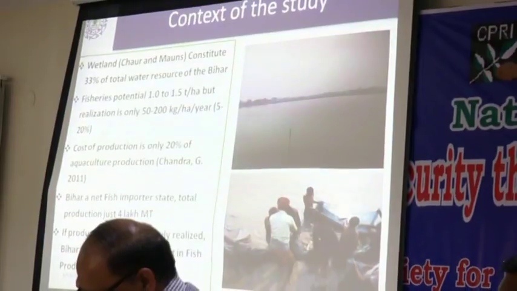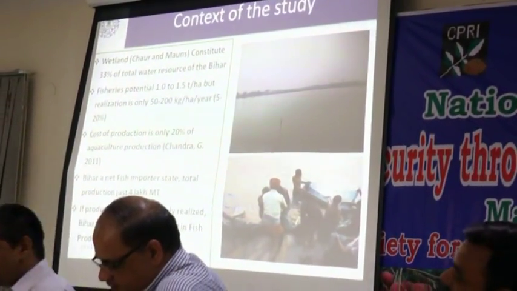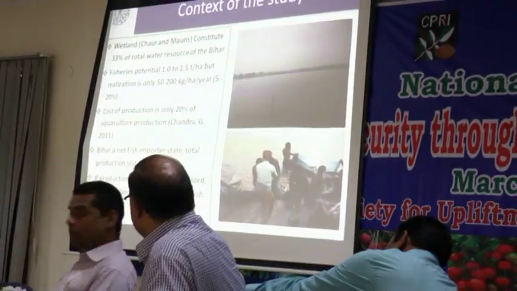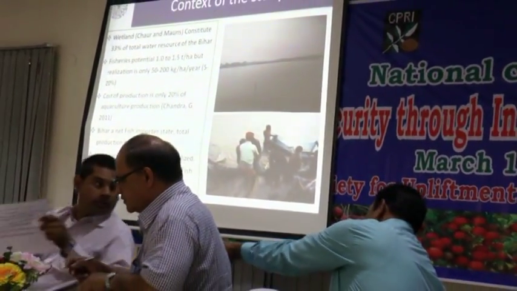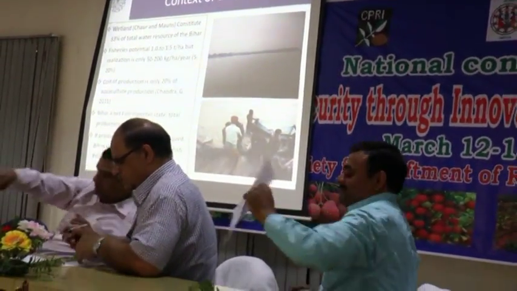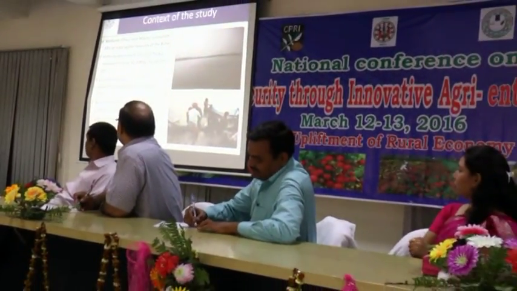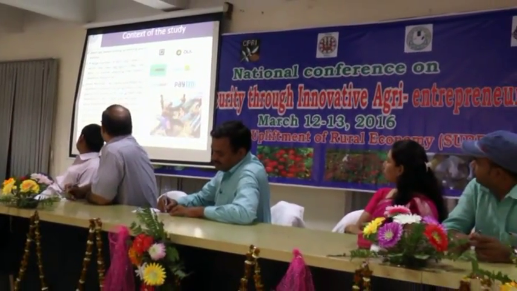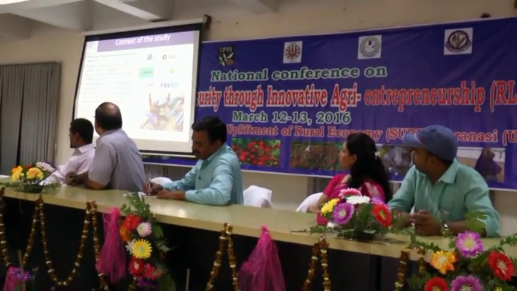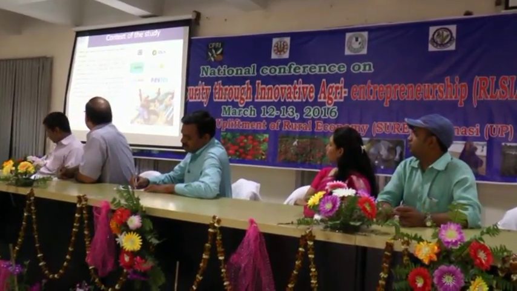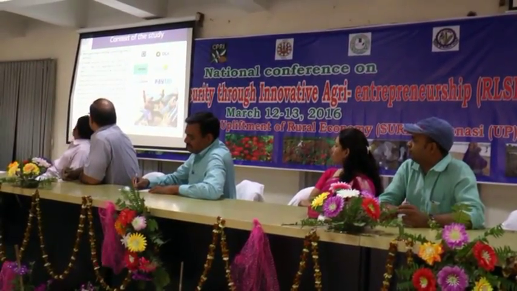Bihar, as you know, is a net fish importer state. The production at present is only 4.25 lakh metric ton. It is a deficit state and a net importer. If the production is realized in wetland, which is almost 1.5 lakh hectare in Bihar, I will show you in the next slide, Bihar will be a net exporter state. So this is the challenge, and we have taken up till